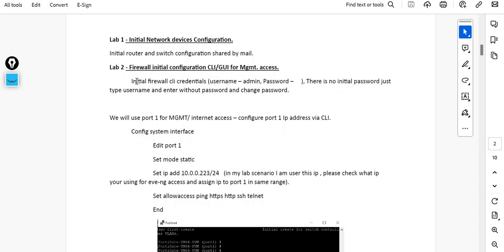Okay. So if you see, the initial CLI credentials: username will be admin. There is no initial password. Just type the username and press enter without a password, and you will be asked to change the password. Give a password as per your requirement. Then we will be using port 1 for management as well as internet access